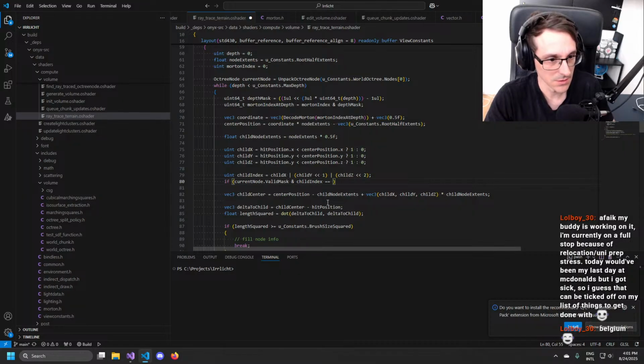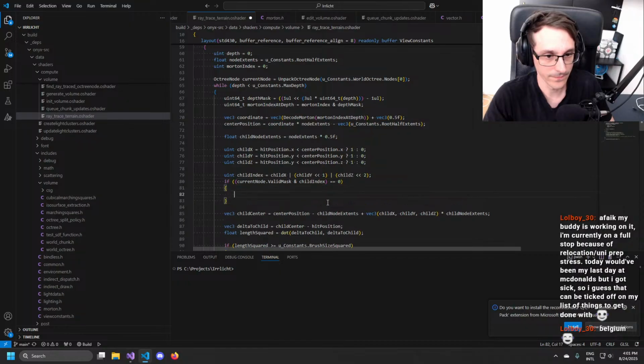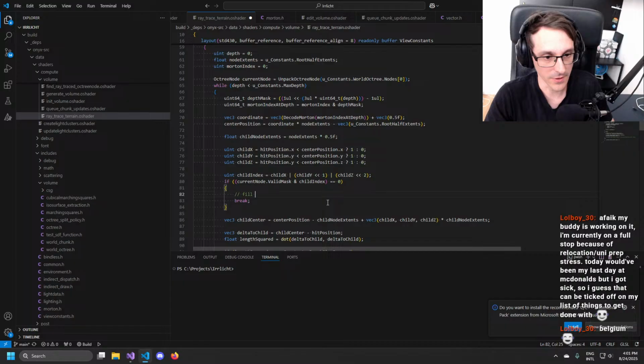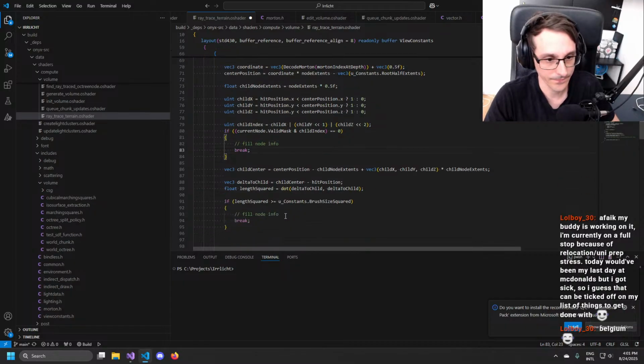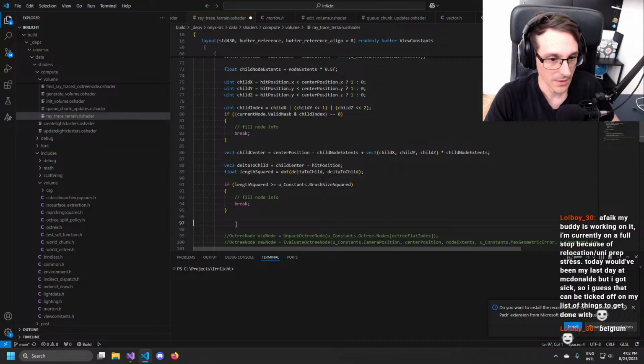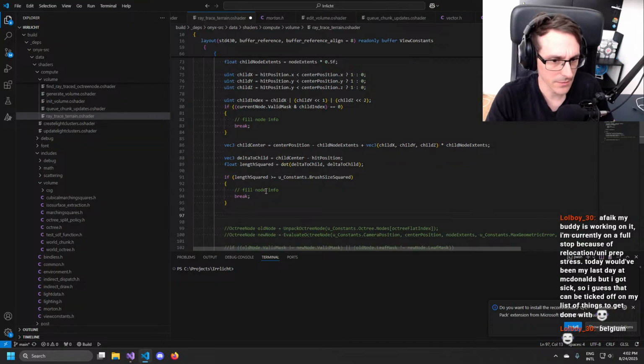Equals 1. Well, if it's 0, then you're done as well, basically. Break, fill node info. Otherwise, we check our child position and we fill the node info. And if none of that,